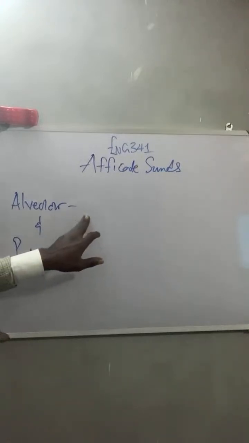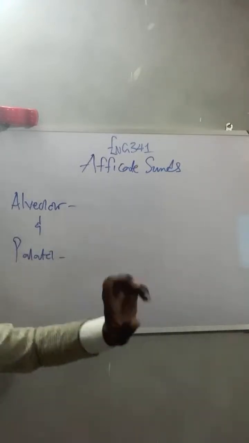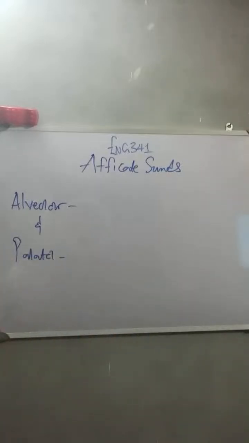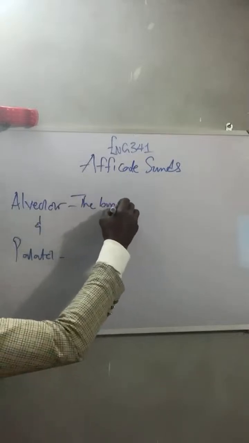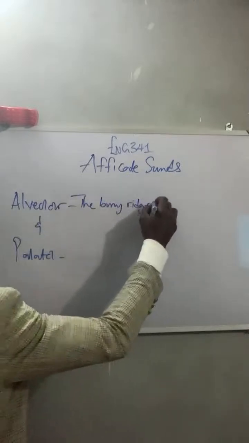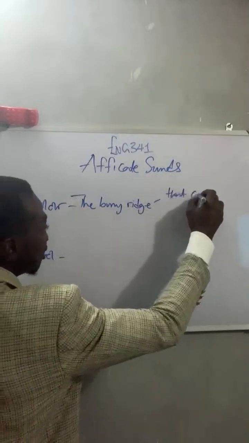Now, alveolar is said to be what? It denotes the bony ridge that contains the socket of the upper teeth. All right, the bony ridge that contains